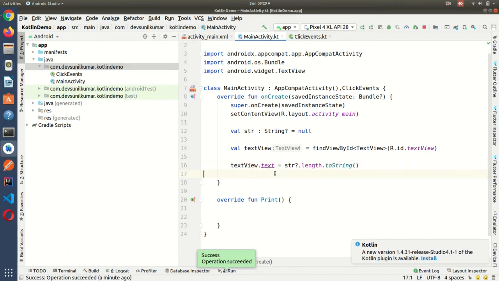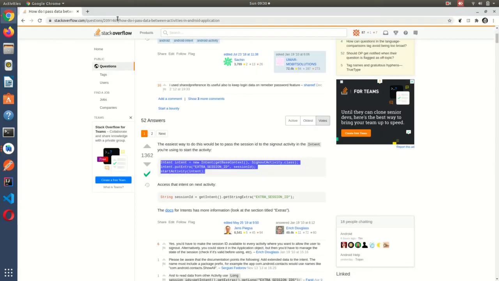Another is that Kotlin is interoperable. Interoperable means whatever code you write in Java, you can convert that code into Kotlin, but you cannot convert Kotlin code into Java. Let me give an example.